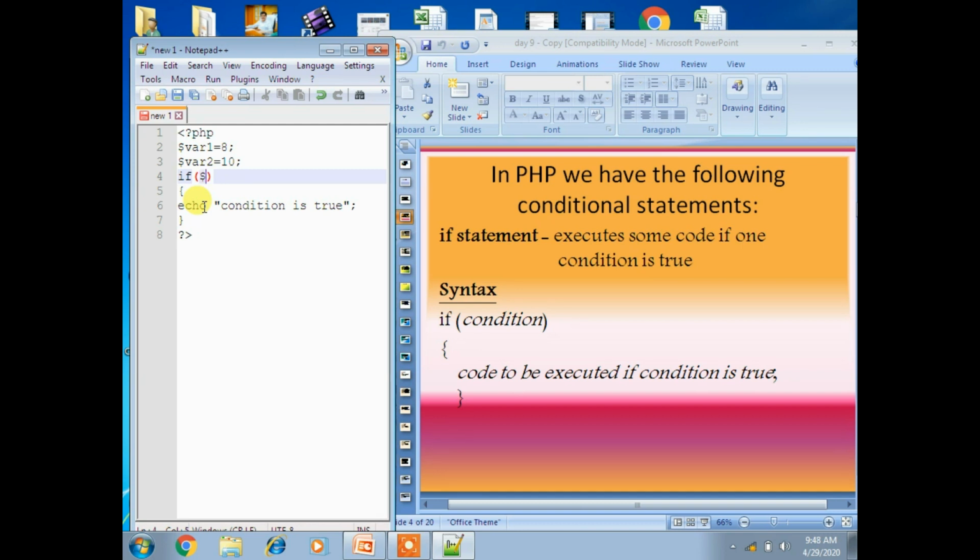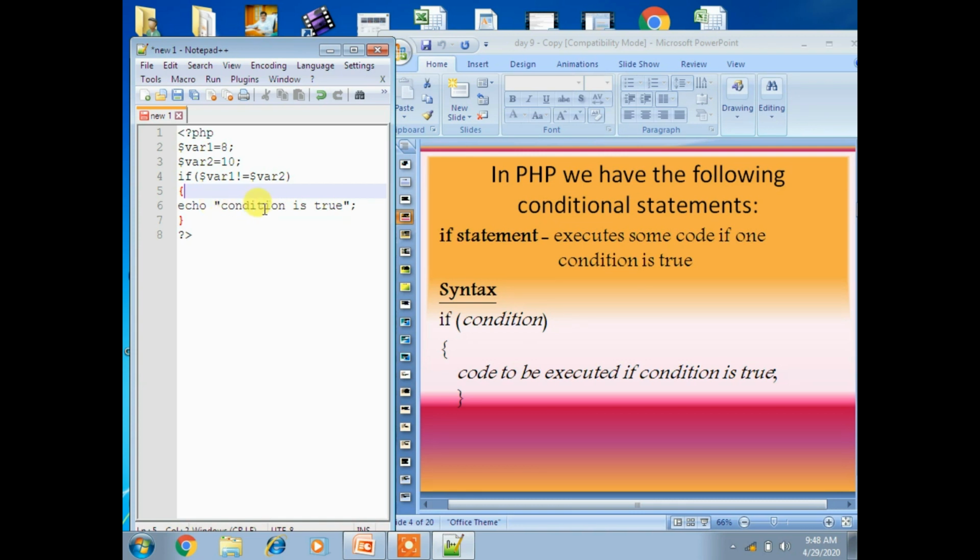So I am placing $var1 not equal to $var2. I am just checking that var1 is not equal to var2. If the condition is okay, then it automatically displays one echo statement, that is, condition is true.